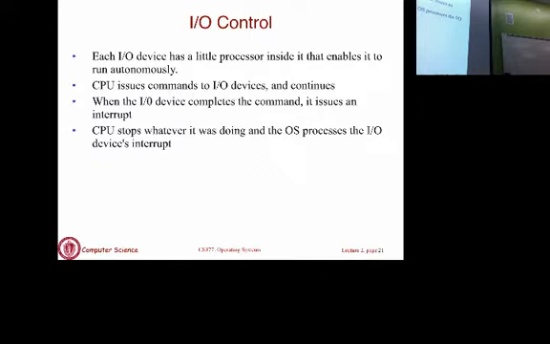If you take any I/O device, whether it's a printer or a USB drive that you plug in, the way these I/O devices typically work is that they have a little processor on them, different from the main processor of the CPU, typically called a controller. It's a controller or a processor that is embedded into the I/O device. So the I/O device can accept commands from the main CPU and execute those commands.